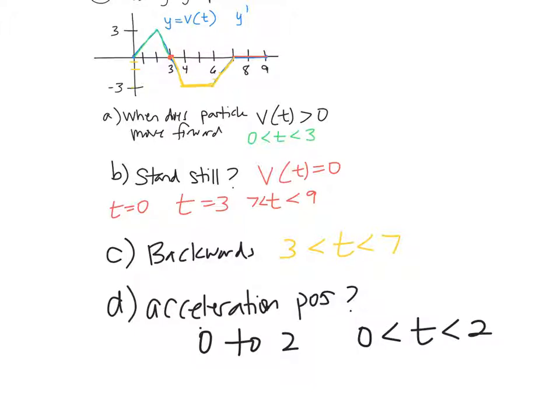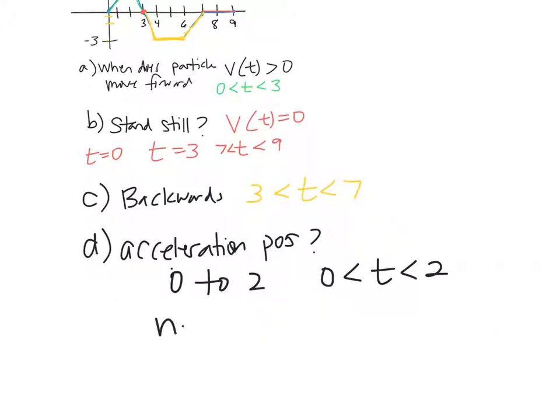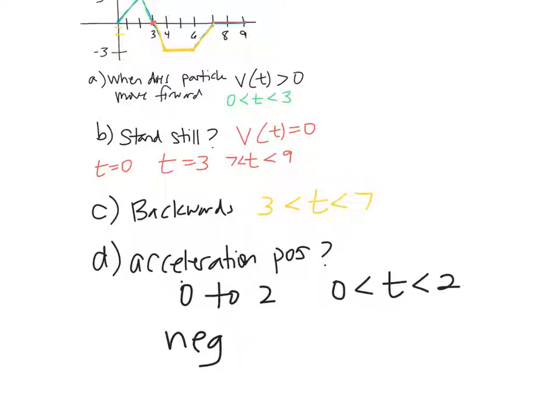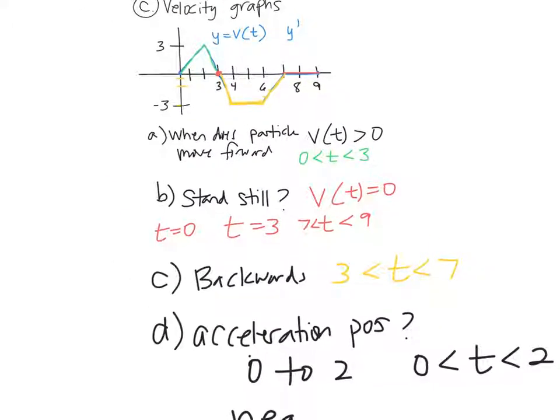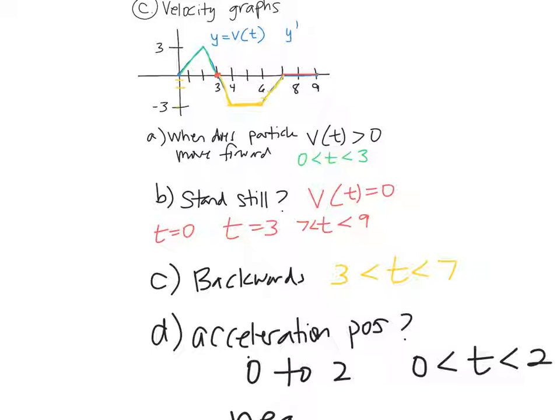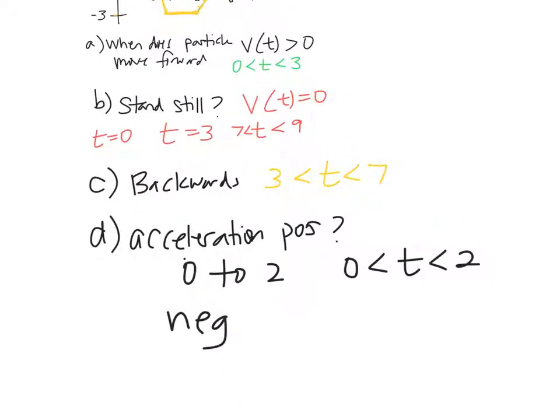Your acceleration is negative from 2 to 4. It's just the slope of, see, because acceleration is the derivative of the velocity. So you just look at the slopes, basically, for this question. It's negative from 2 to 4. And then the acceleration is constant from